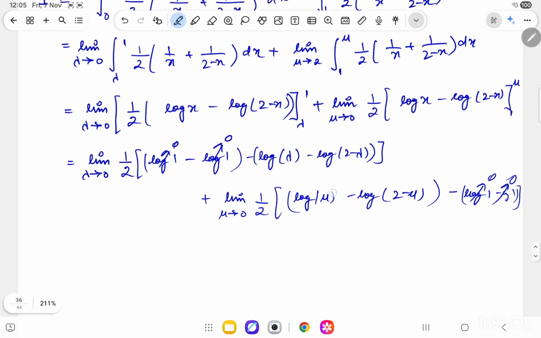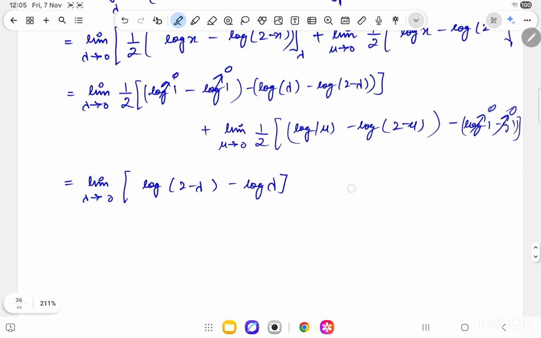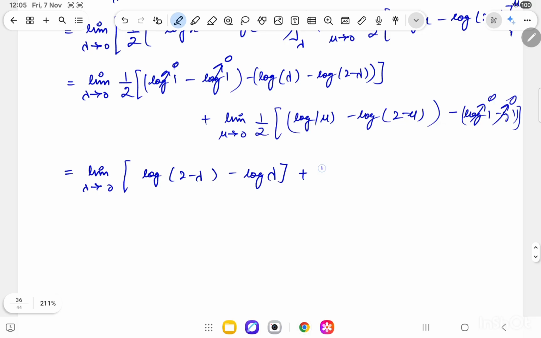So we are left with the limit as lambda approaches 0 of log 2 minus lambda minus log lambda, plus, here we have 1 by 2 as well, plus the limit as mu approaches 0, 1 by 2 log mu minus